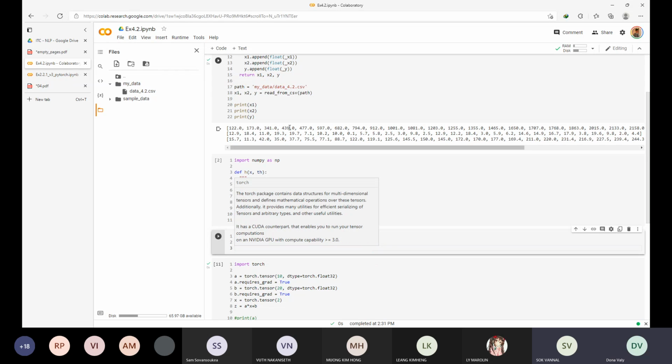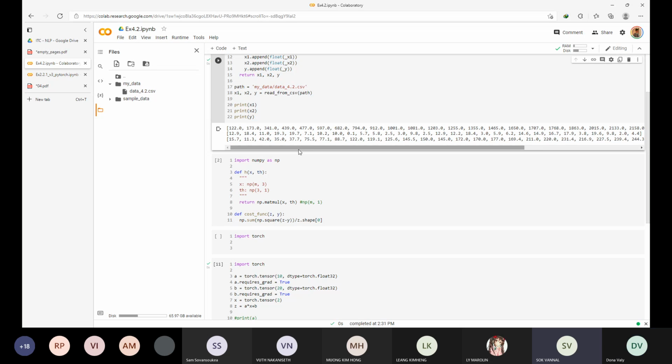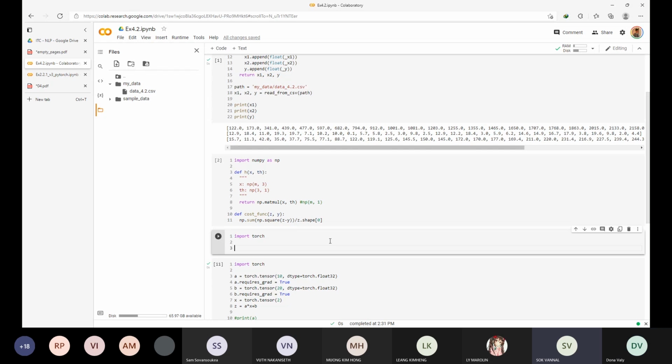So we have to create our tensor X. Okay, so probably we can write th1 is equal to torch dot tensor x1, and the type